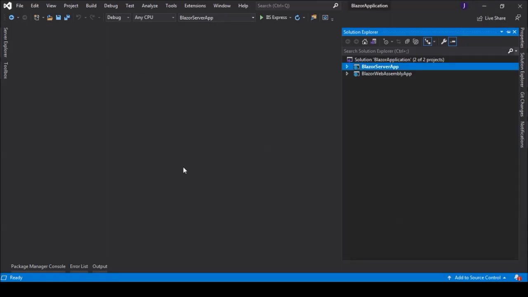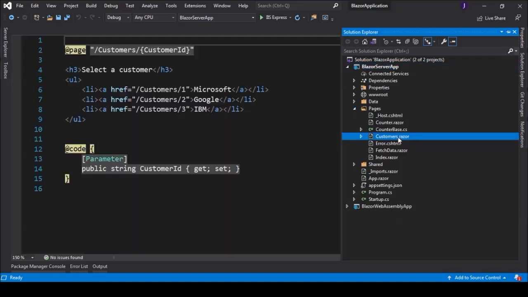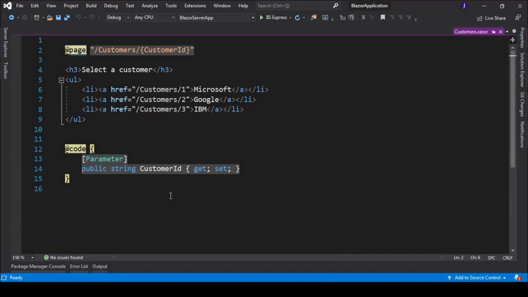For this demo, I am going to use Blazor server application. Under pages folder, I just added a simple customers Razor page. If you look at any Razor component in the pages folder, you can see a page directive at the top of the file.